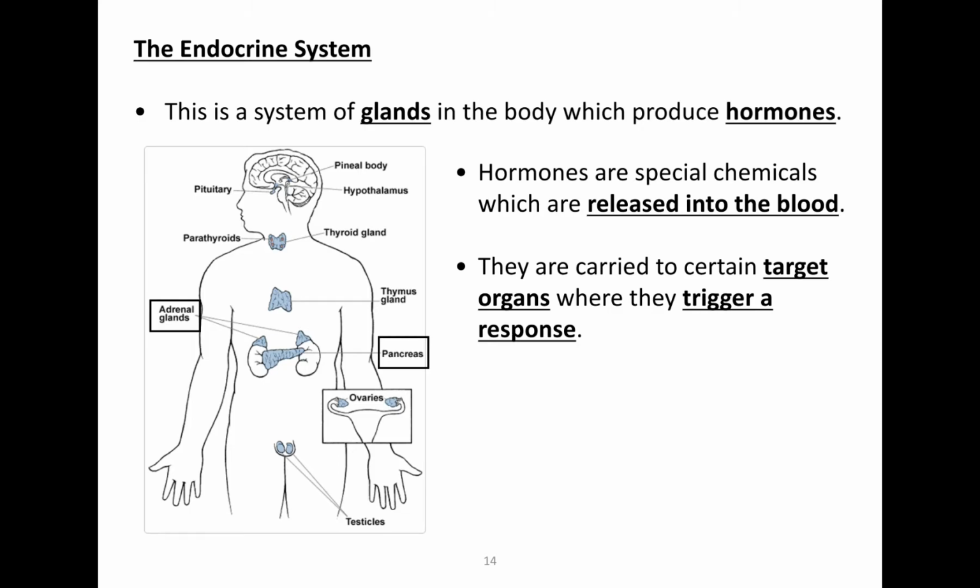In order to maintain a constant internal environment, different hormones will be released to control certain levels within our body. Now, those levels include the temperature, which must be around 37 degrees. It includes the amount of water in our body, so that there is enough for us to survive, and so that there's also not too much, which can cause harm as well.